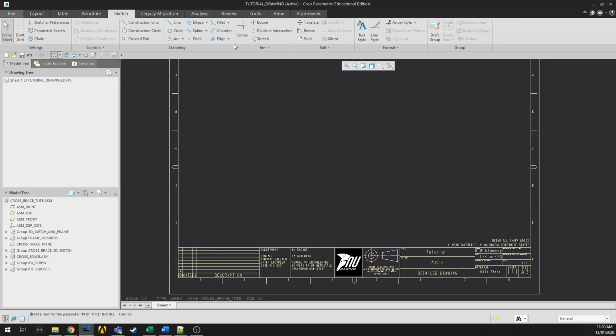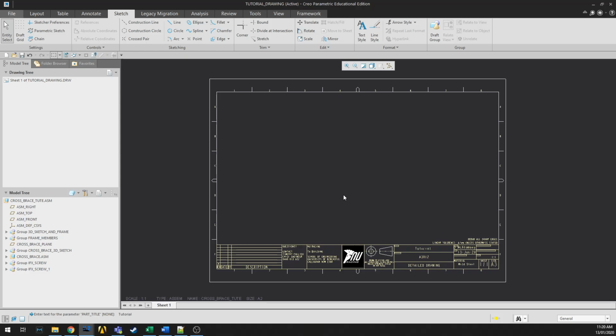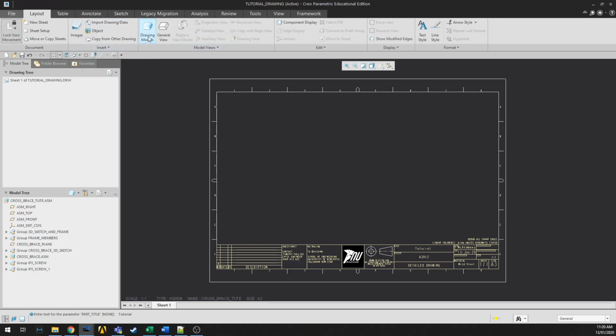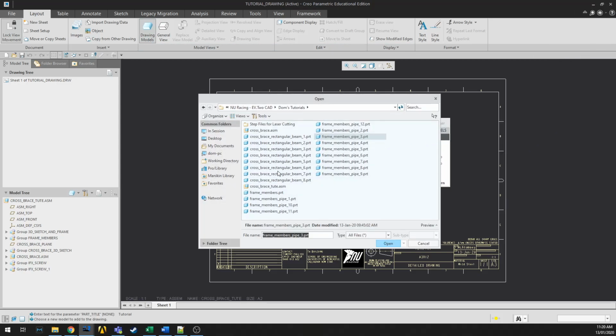You can use the Sketch tab for, I guess, more advanced applications. Maybe you want to outline a curve or something that wasn't on your model, things like that. Well, we're just going to cover Layout and Annotate for general models. So first of all, we're going to click Drawing Models here. That's going to open up this menu, and we're going to click Add a Model. And we're going to select